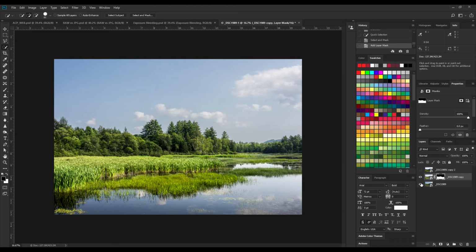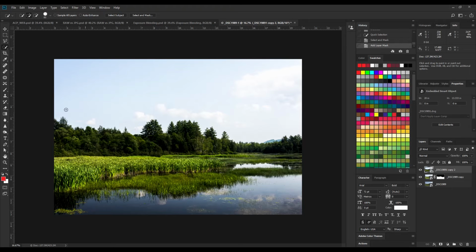Next, I'm going to add the water that I want. So I'm going to turn that layer on, select it. Again, just use the selection tool, and I'm going to do a quick select of the water. Make my cursor a little bit smaller and